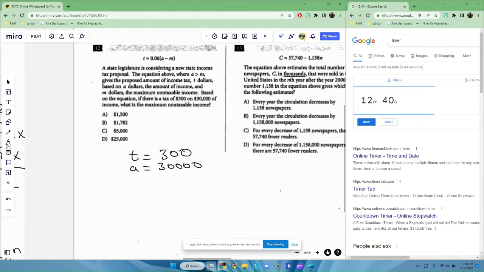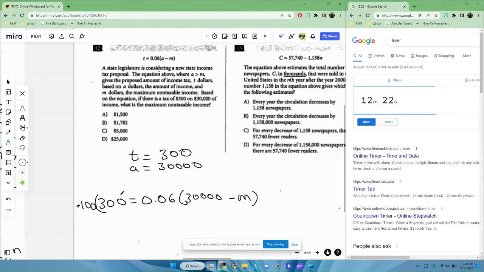So our equation is, once we substitute the values, 300 is equal to 0.06 times (30,000 minus m). We're finding m. Just to get rid of the decimal, I'm going to multiply both sides by 100. And now we're going to get